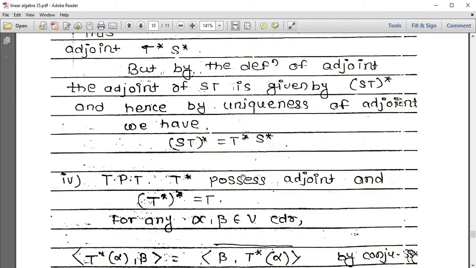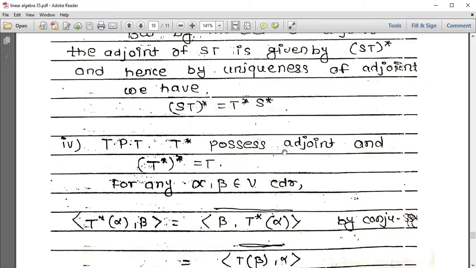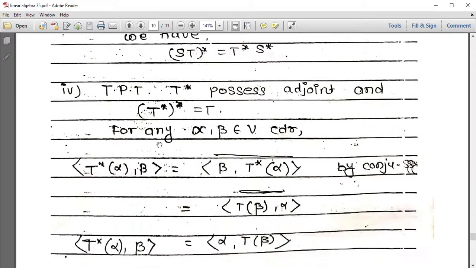This is the proof of the third statement. Now we have to prove the fourth statement. This is to prove that T star possesses an adjoint and (T star) star is nothing but the operator T itself. For any alpha, beta belonging to V, consider